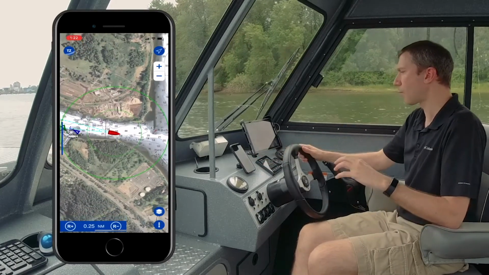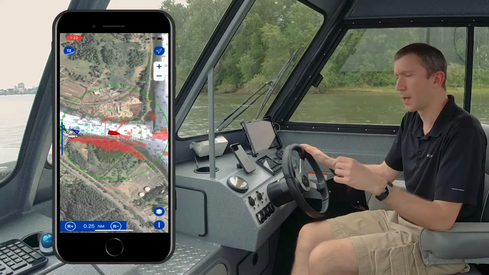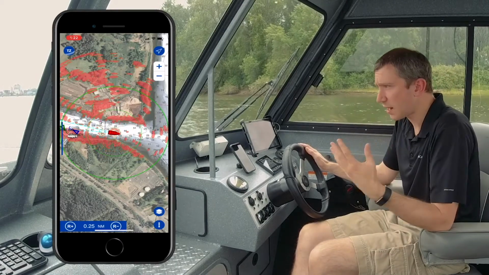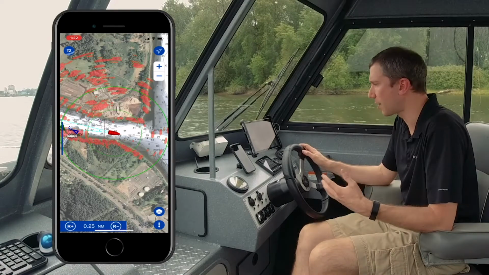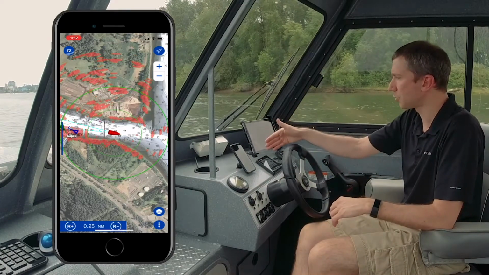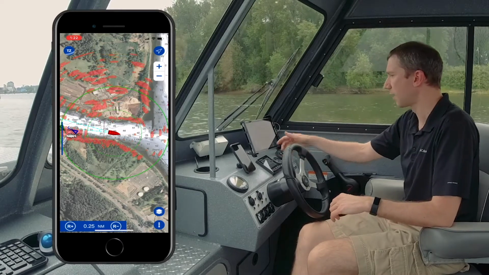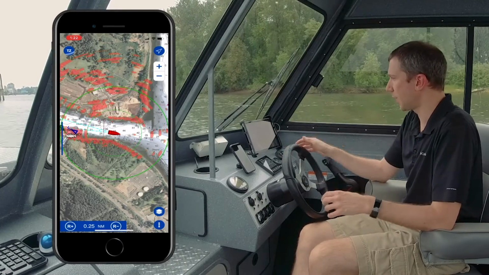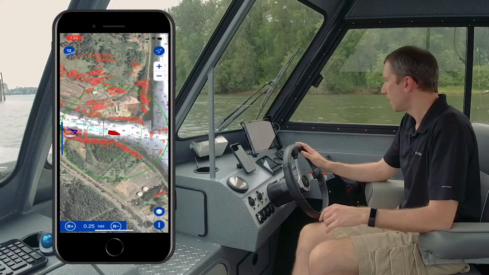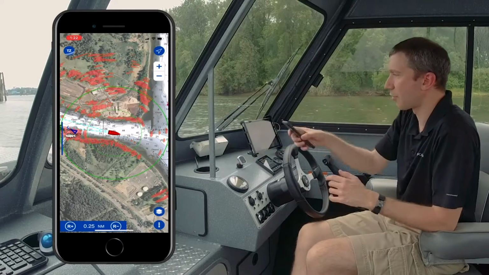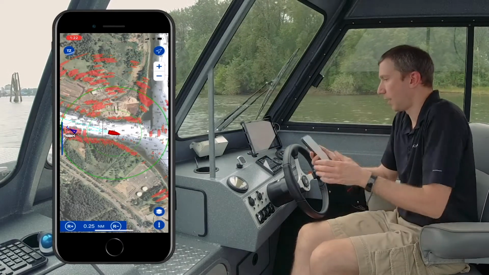So again, to have the radar working, you need to have the DRS-4W from Furuno. You mount it on your vessel, very easy because it's just a power cable, there is no other wire, everything is wireless. And you connect your iPhone and or your iPad to the wireless network of the radar. And as soon as you have done so, you can display radar return directly on your iPhone, on your iPad. It's quite amazing, to just have a radar, almost like a full chart plotter on your phone. It's great.